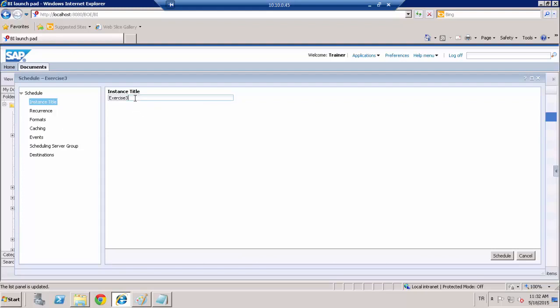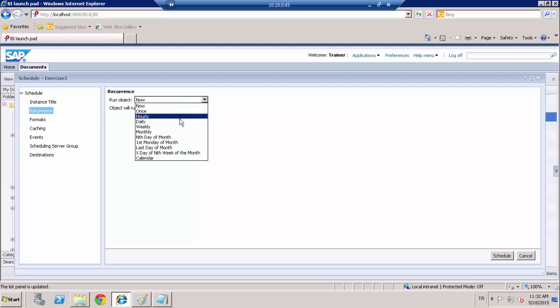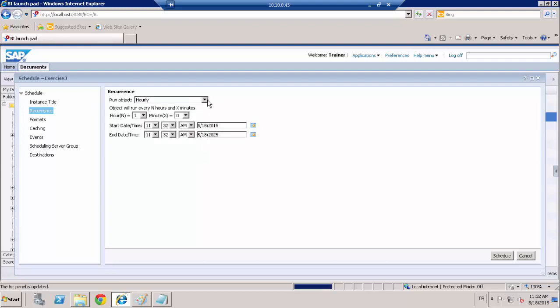For example, I can type the exercise, the sales, and the recurring tab shows the frequency of the schedule. For example, when you want the report to run, how often or which days, at what time, you can set any date period, just hourly or daily